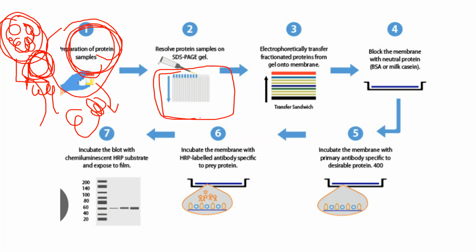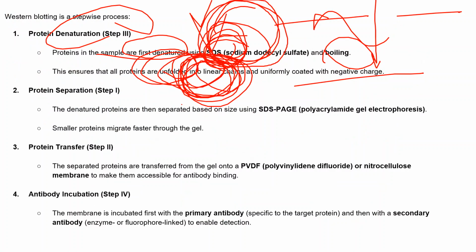So we have to make this gel in which there is a stacking gel which stacks all the proteins, and there is a resolving gel which resolves very beautifully all the proteins according to their molecular weight, right? So the second step is that the gel denatures the proteins, and what happens in this is that the small proteins migrate faster through the gel and the large proteins will be the uppermost.